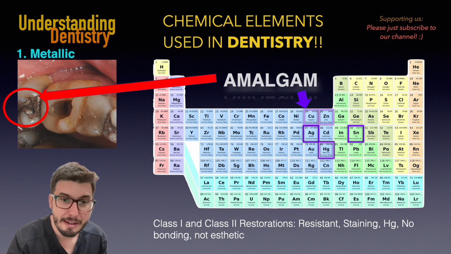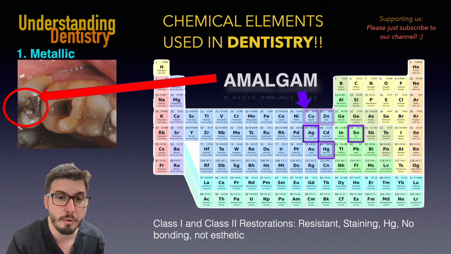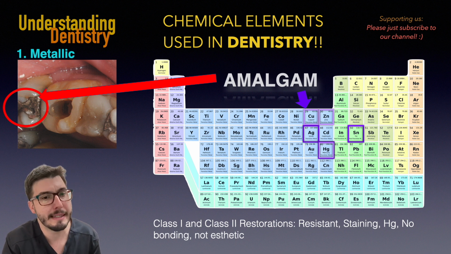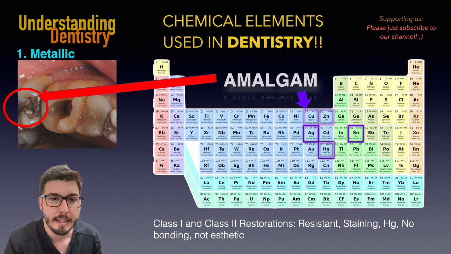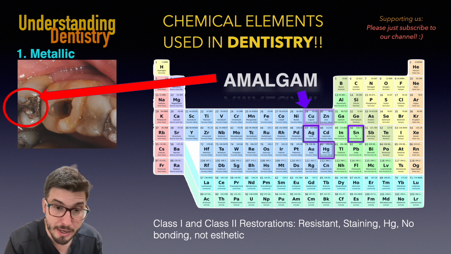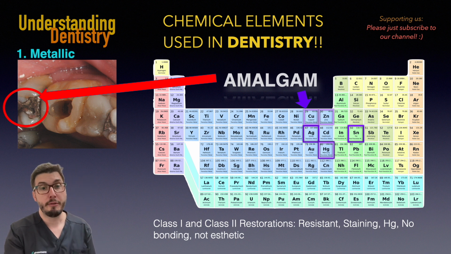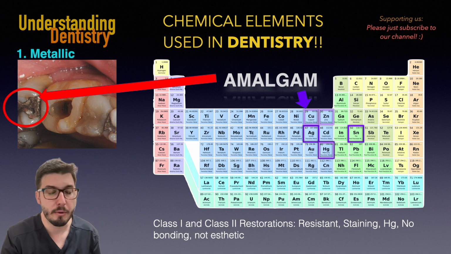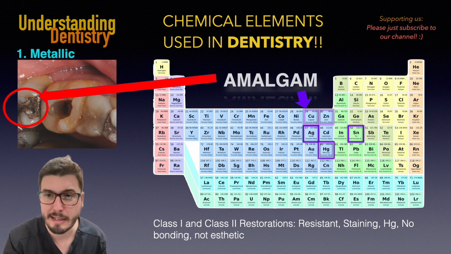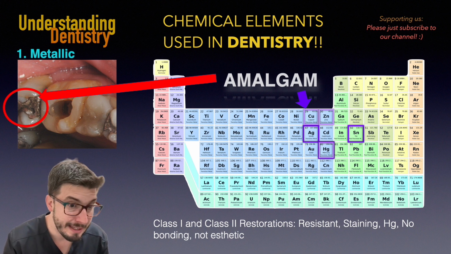Okay, so now we have the alloy here, which is silver and tin. Those are the main components, with mercury, which is a small proportion, but again, mercury is not healthy. Even as a small proportion, it's not good for the patient. And then they can add zinc and copper as well to those alloys, to become stable and to increase a little bit the mechanical resistance, to finalize this alloy, and that's basically amalgam.